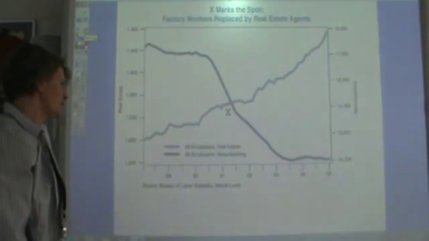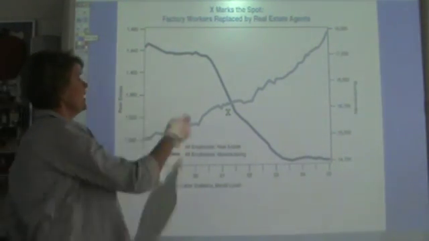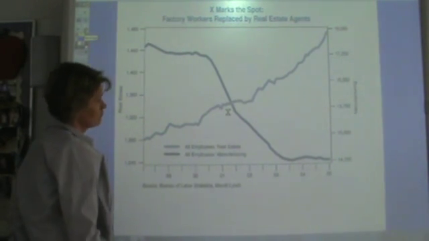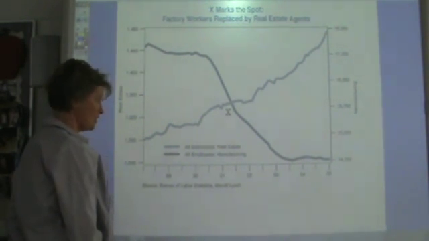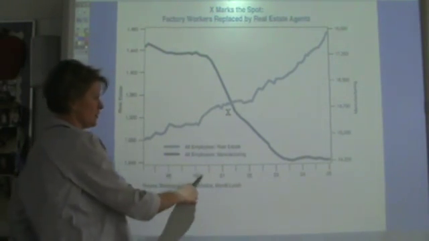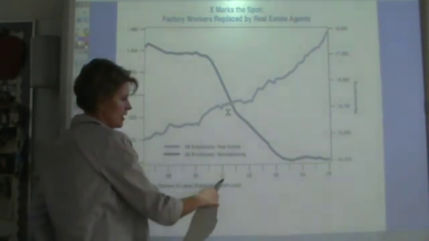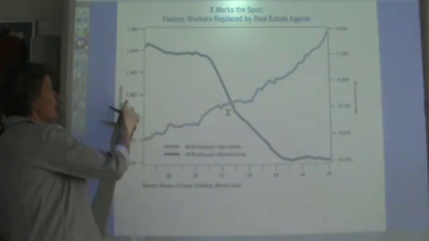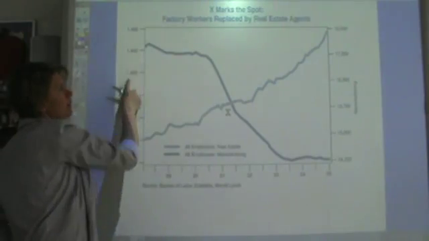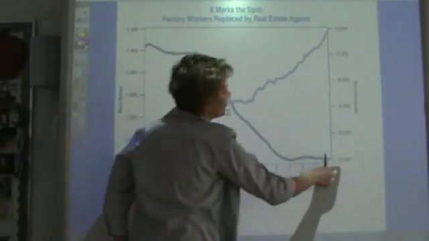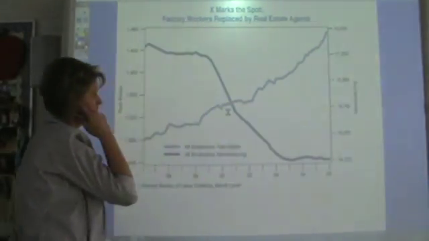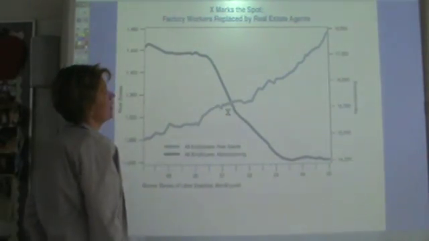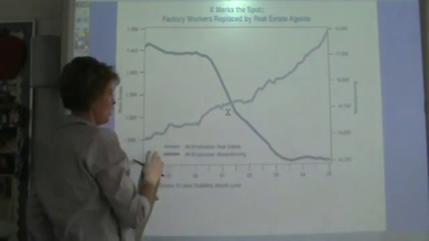All right, this one's interesting. It says X marks the spot, factory workers replaced by real estate agents. Interesting statement. All right, so let's see what we're looking at. I'm guessing these are years across the bottom. 99, 2000, 01, 02, 03, 04, 05. Up the side, we have the number of real estate agents, and then up this side, we have the manufacturing. Okay, so according to the graph, X marks the spot where they intersect, where now all of a sudden there's more